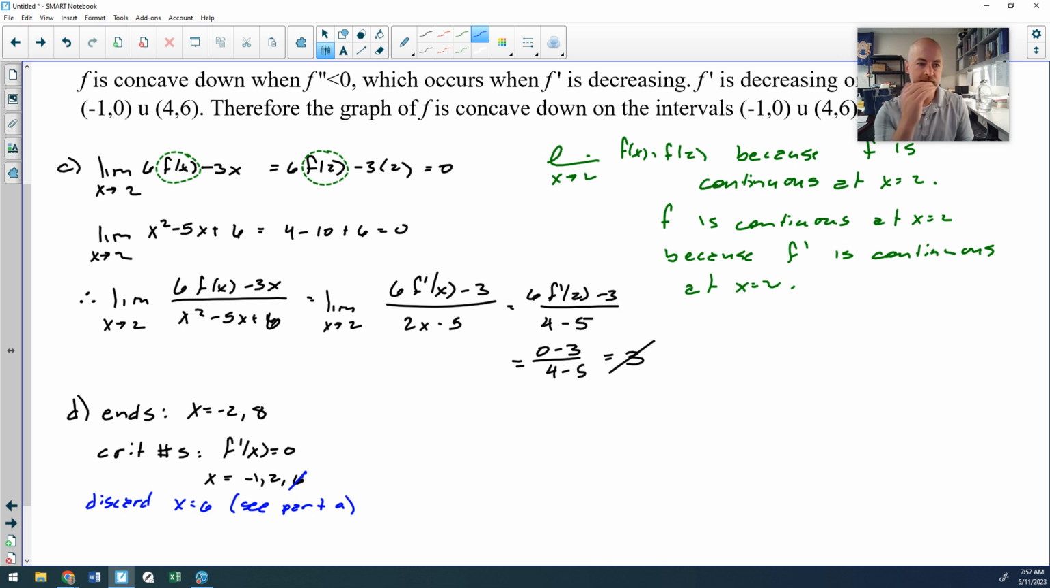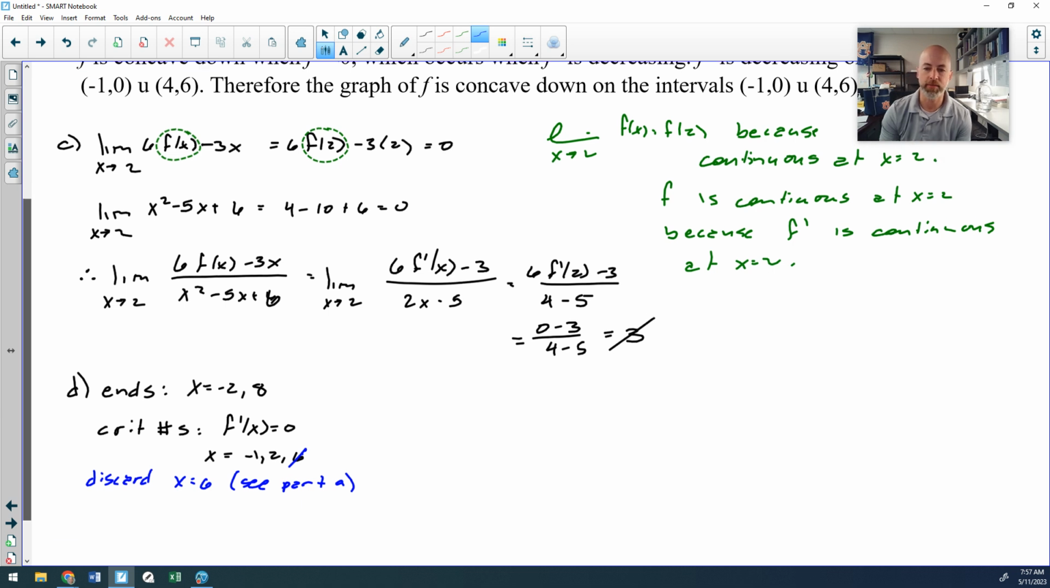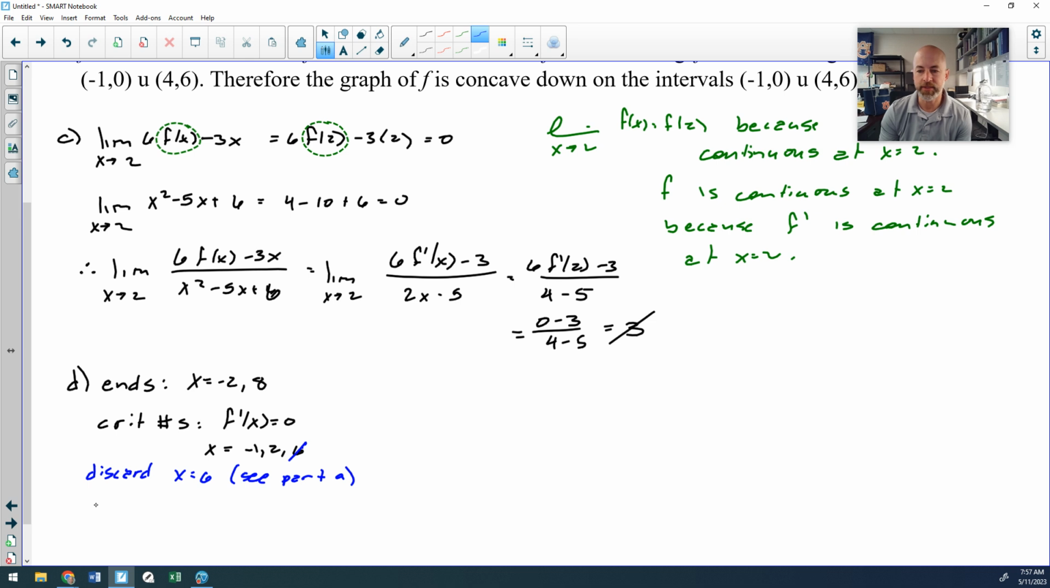And then if you look at the other critical numbers, you have x equals -1 and x equals 2. And I notice that at x equals -1, my derivative changes from positive to negative. That would be a local maximum. So I'm going to discard x equals -1. So f has a local max, and I have to explain why I'm no longer going to include it in my analysis later on. F has a local max at x equals -1 because f prime changes